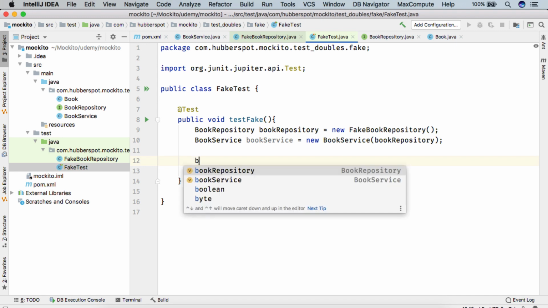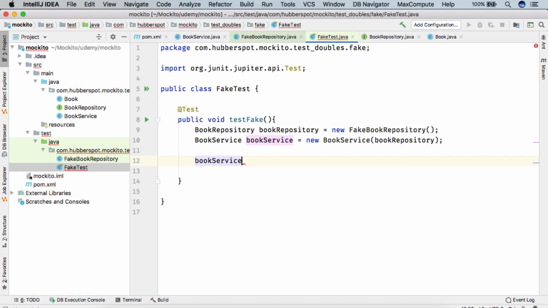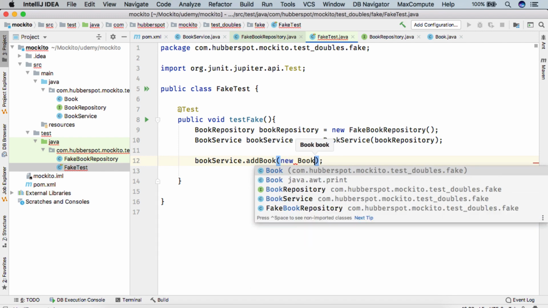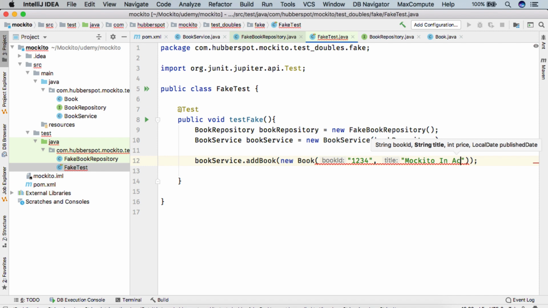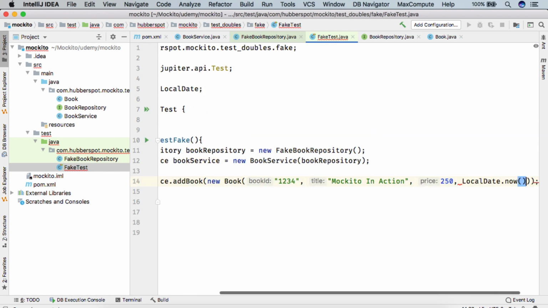So friends, let's say we use book service, call the add book method, and add a book. Let's say we give book ID as 1234, title as Mockito in Action, price as 250, and the published date as LocalDate.now.